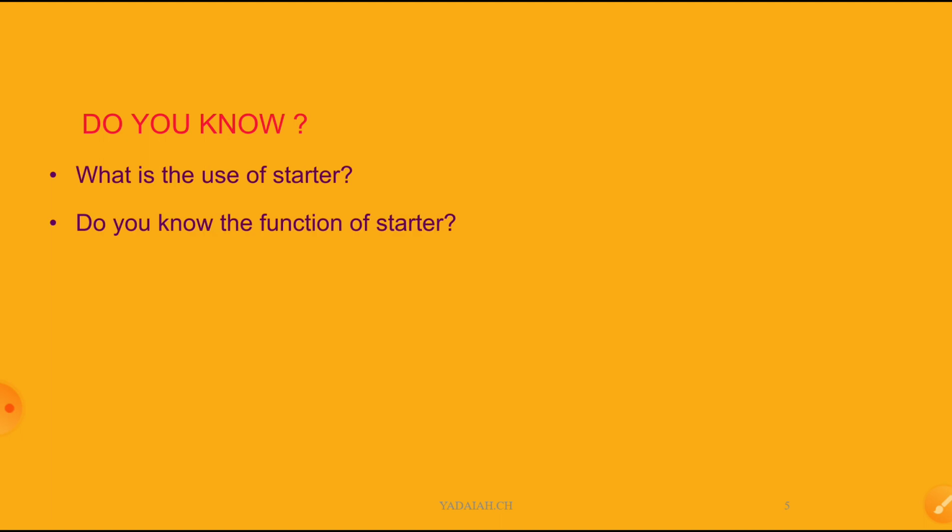So first of all, before going to that, because already we have seen in previous classes, what is the use of a starter? The starter is an electrical device which can control the starting current to a limited value. Otherwise, our motor winding will burn and fail. Do you know the function of a starter? Yes, it can limit the starting current, and not only that, it can be used as protective equipment for our motor, and we can switch it on and off whenever we require.